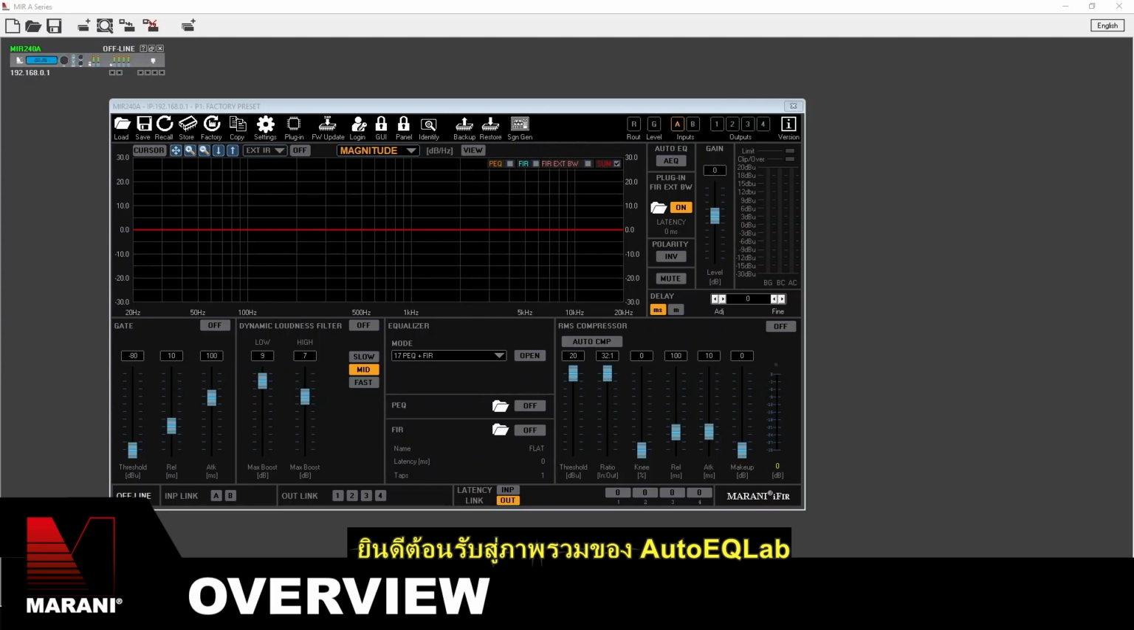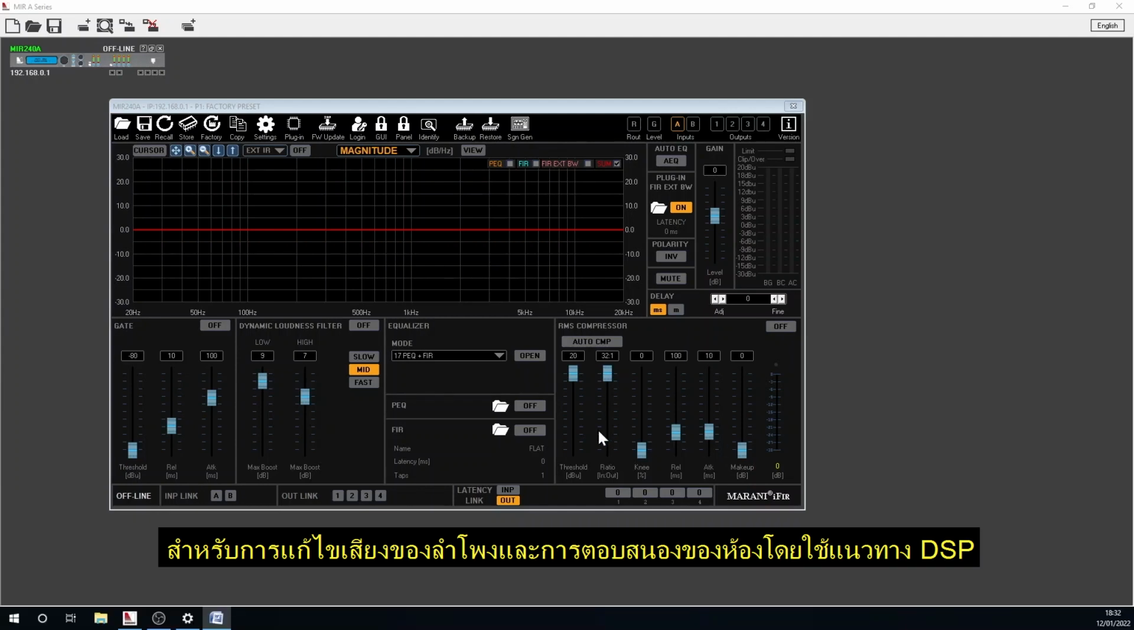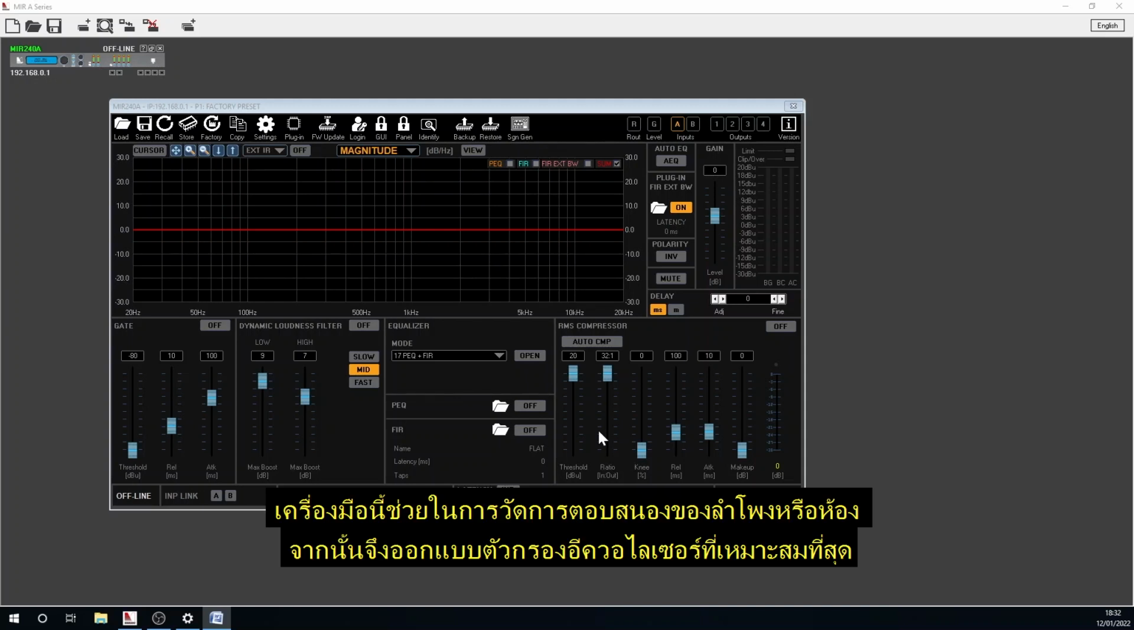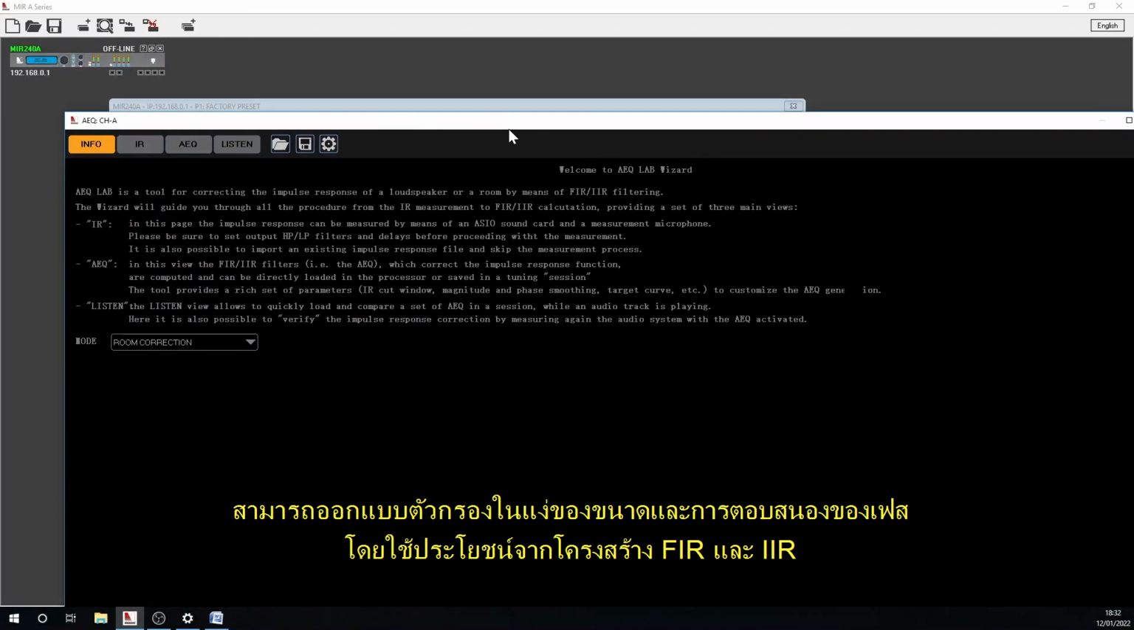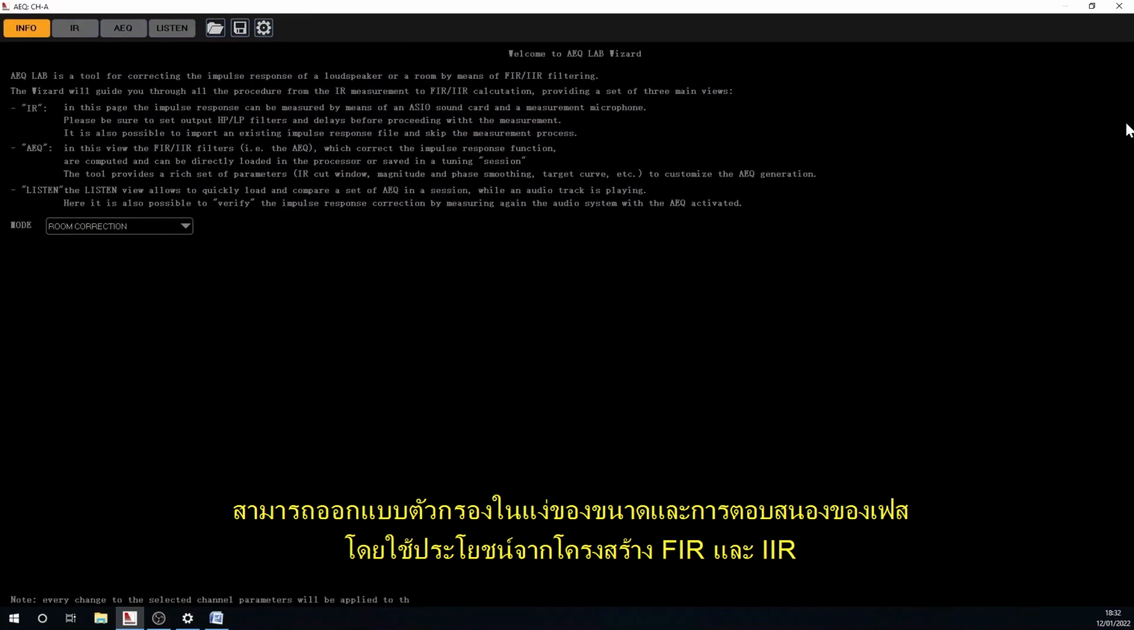Welcome to an overview of Auto Aeq Lab. Auto Aeq Lab is an application developed by SID Electronic for performing acoustic correction of loudspeaker and room responses using DSP-based approaches. These tools allow us to perform an impulse response measurement of speaker or room and then to design the optimal equalization filter. Filters can be designed in terms of magnitude and phase responses, exploiting FIR and IIR